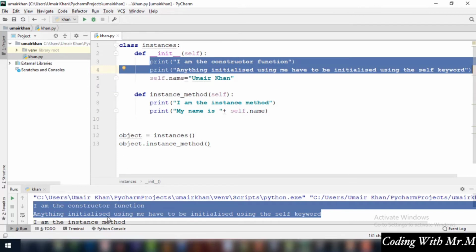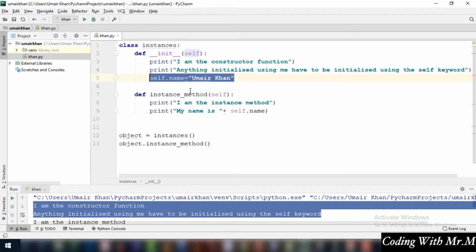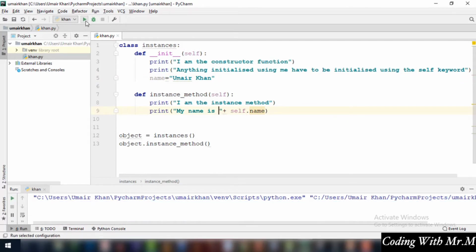So these were printed by default onto the console screen. The third thing is that I have initialized self.name equals Umair Khan. If I just remove this self from here and now I run this code,